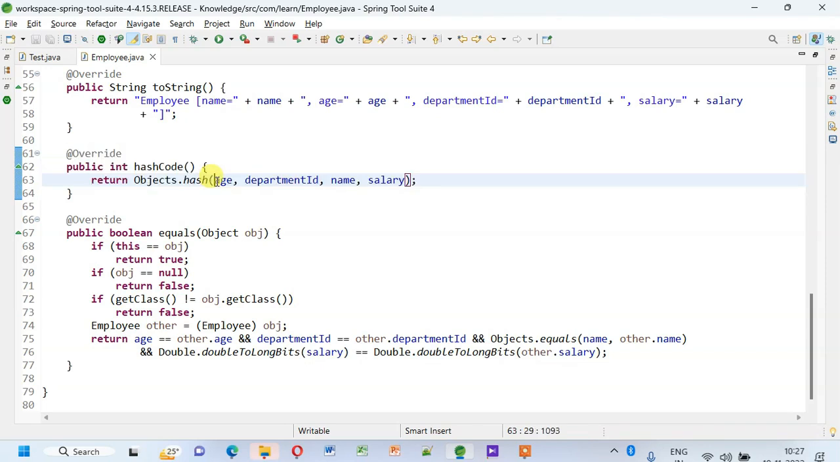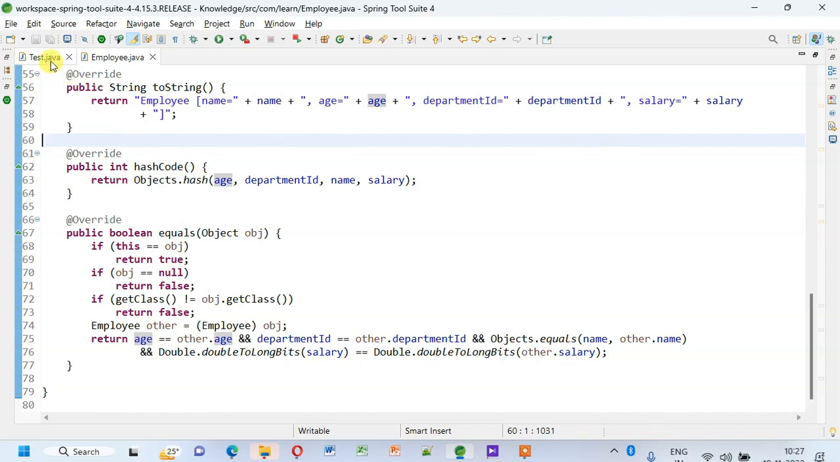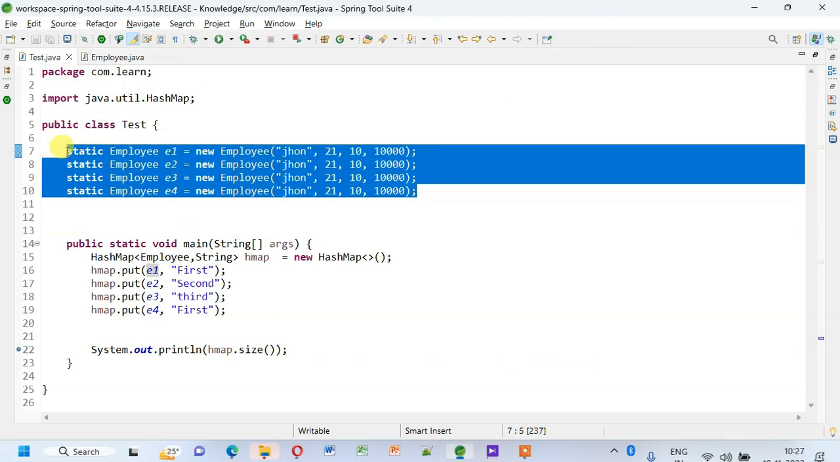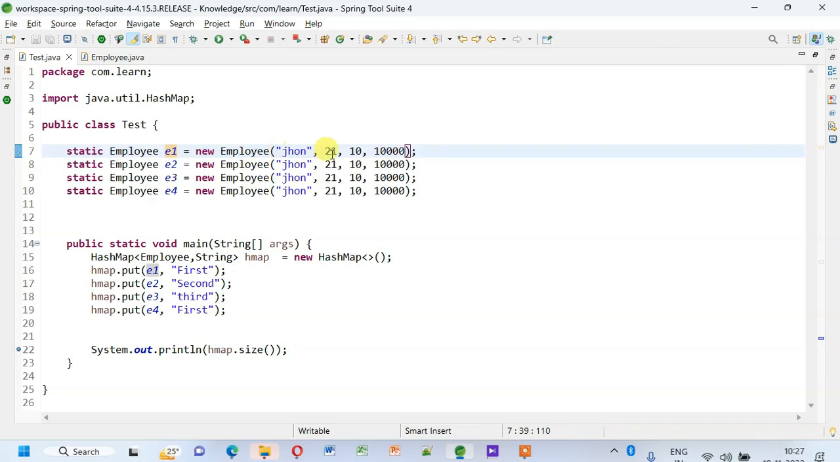Okay. So currently I have implemented the hash code method based on the content of the key. Now if I go to the main class, you see I have created 4 objects and the content of all the 4 objects is the same. So it will create the same hash code and it will go to the same bucket and it will end up